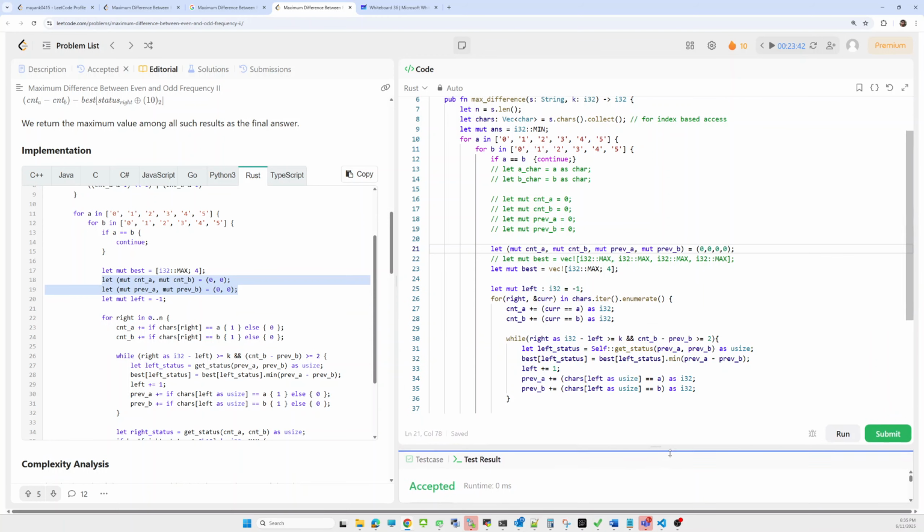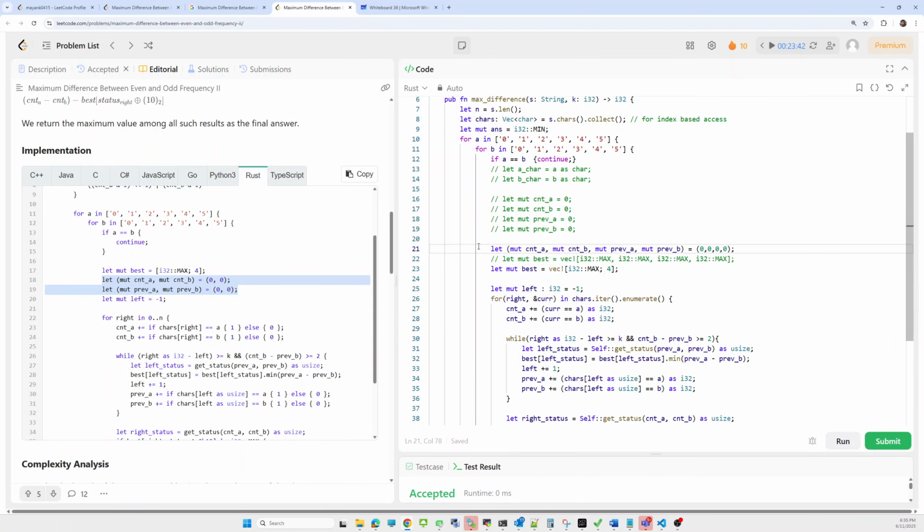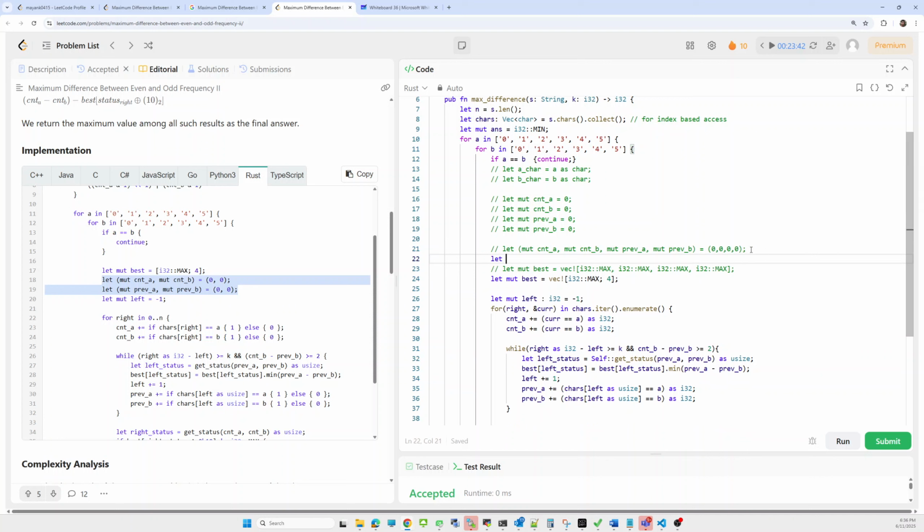But we have to give let. So instead of giving mutable again and again, can we give mutable in one go? Let mut int a, comma int a.